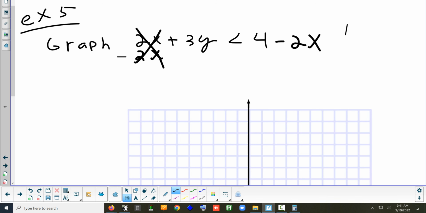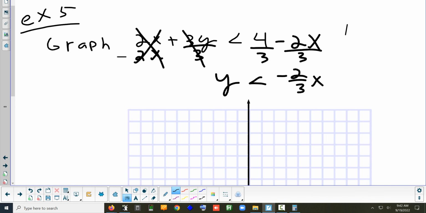Just put that there. I know it's not y equals mx plus b. I'll fix that. But that's fine for now. And what would my last step be? Yeah? Divide by 3. And remember to do it here, here, and here. So that's going to be, and I divided by positive 3, so I don't need to flip the inequality. So that's fine. So y is less than,